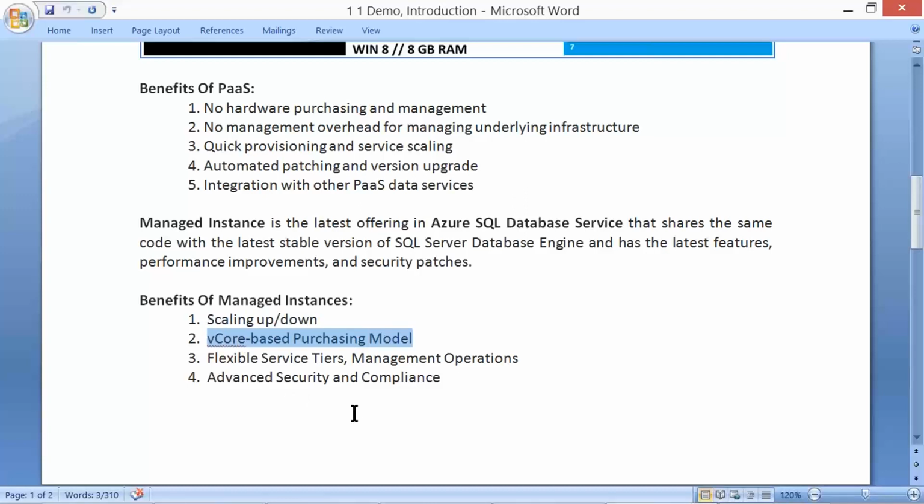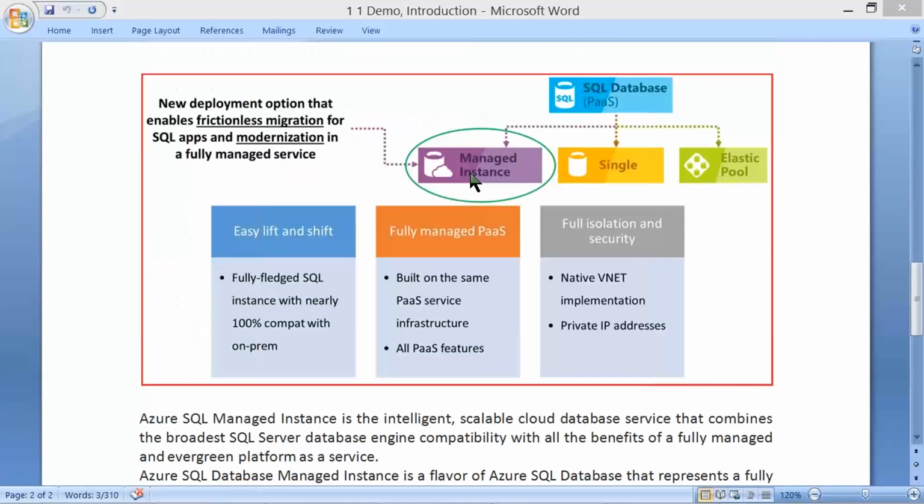We have general tier and business critical different types, flexible service tiers and management activities, and advanced security and compliance controls. So SQL databases in PaaS are into managed instance or single or elastic pool. Our course is into this green box.